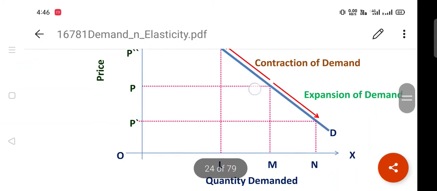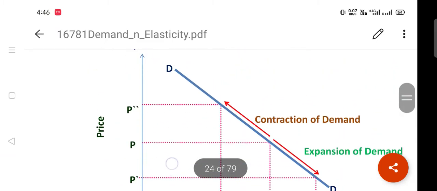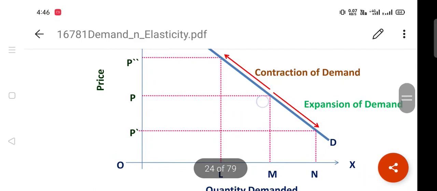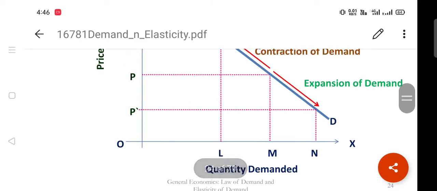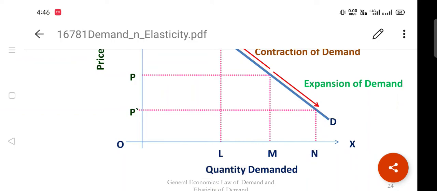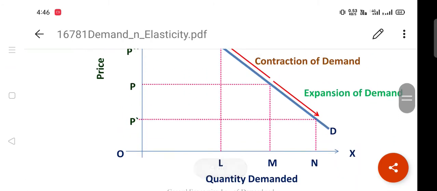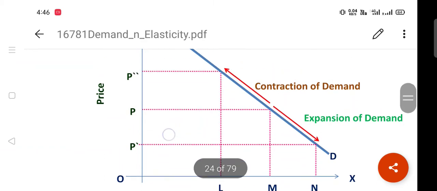See, this is the initial price and initial quantity demanded. Here on the x-axis it is quantity demanded, on the y-axis it is price. So P is the initial price and M is the initial quantity demanded. Now see, the price is falling from P to P dash and quantity is rising from M to N. ठीक है? When there is a fall in price and increase in quantity demanded, from this point to this point, this space is known as expansion of demand,